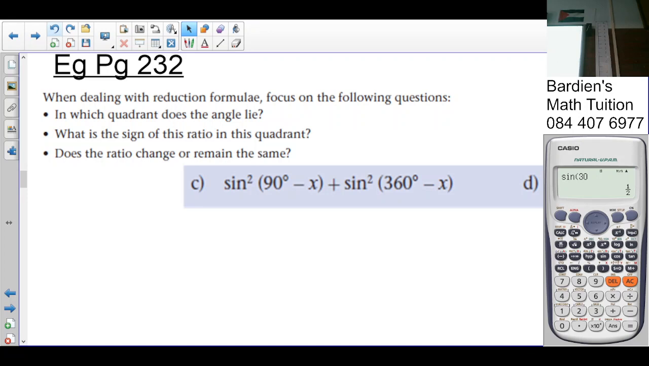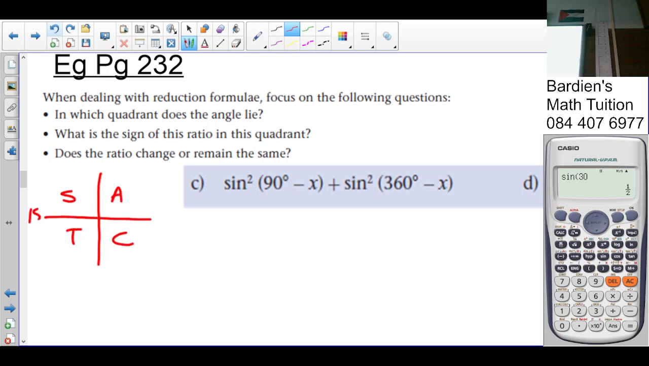Alright, so let's look at this one. Again, all stations to the Kleeman diagram. That is 180, this is 90, 360. 90 minus, which quadrant is that in? It's in your first quadrant. Is the sign positive or negative? Positive. Does it change? Yes. Why? Because of the 90. So it becomes cos squared x plus